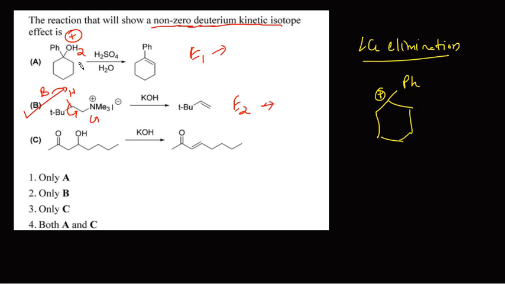So according to this, option A also is not correct, because later on the conjugate base will abstract the proton, so it will lead to elimination and finally we'll get the alkene. All of you know that the carbocation formation is the rate determining step in the E1 reaction. So technically over here also the deuterium kinetic isotopic effect should not be involved. According to the answer key also, the correct answer is option 2, which is only B.